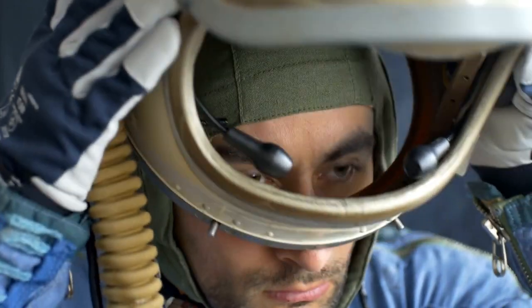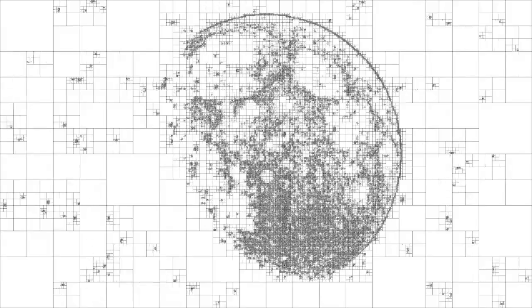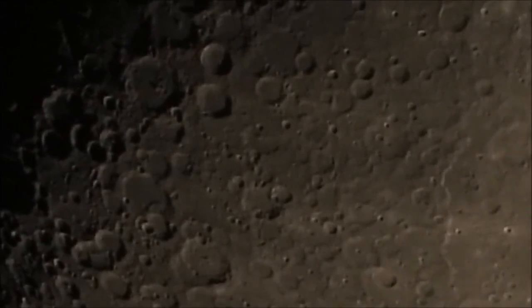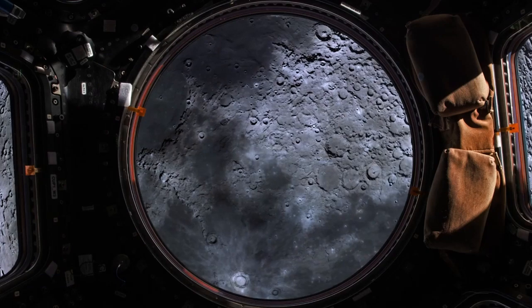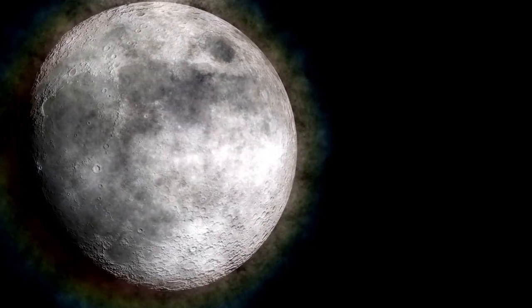Moon in its entirety. As we continue to explore, we're reminded that even the celestial body that has been orbiting us for billions of years still holds mysteries we've only just begun to unravel. The far side is no longer the dark side, at least not in terms of knowledge. What was once unseen and unknown is now becoming a new frontier for science, exploration, and maybe even long-term human presence. In the coming decades, the far side of the Moon could be transformed